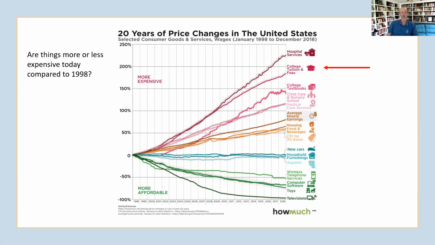College tuition and fees, way more expensive. So 175% more expensive today than it was 20 years ago. People like to put blame on all sorts of things. Is this a lazy river or a climbing wall? Is it because administrators make all this money? For the most part, the reason, especially for public schools, that college tuition and fees have gone up is because the state used to subsidize higher education much more. So OU today gets about 11% of the money it has to spend for its budget in a particular year from the state.